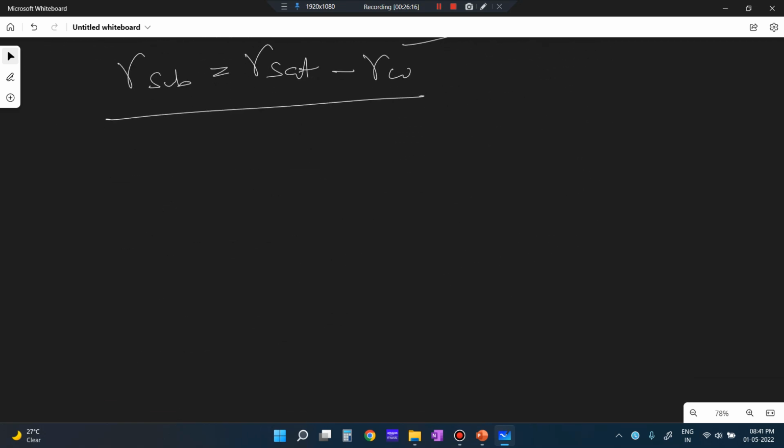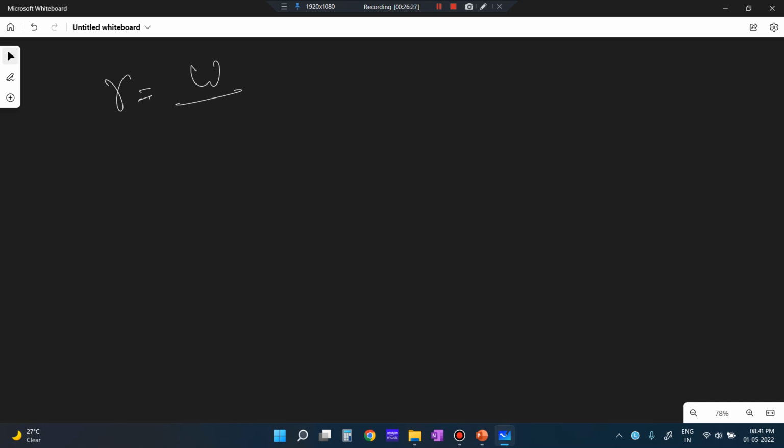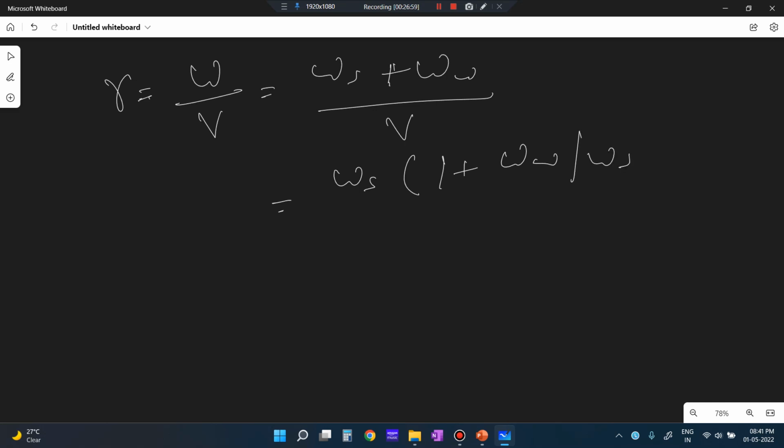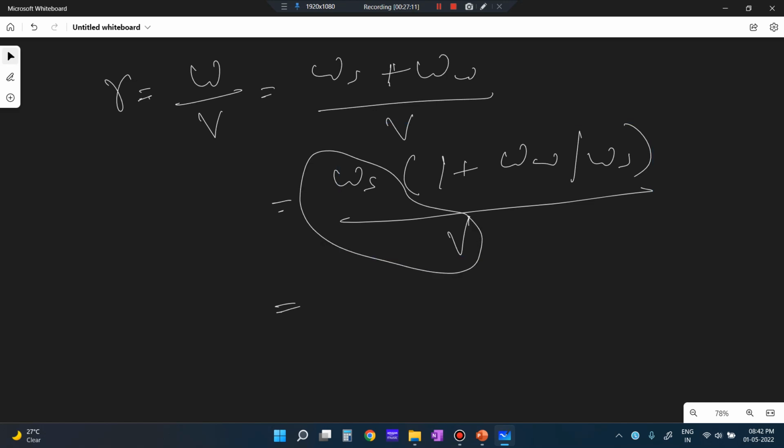Okay, so another one is there, the last one. The bulk unit weight is equal to the weight of the soil to the volume of the total soil. You can write it like this: weight of the total soil is equal to weight of the soil solids plus weight of the water divided by total volume of soil. So we can write it like this: if we take Ws common from the numerator, 1 plus Ww by Ws, by V. This weight of the soil solid or weight of the dry soil divided by V, this is known as gamma d,